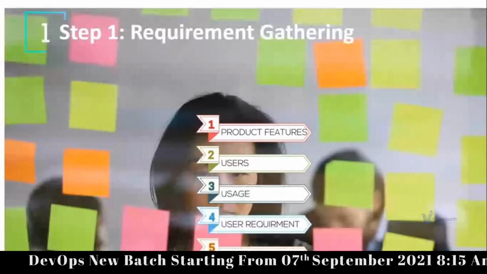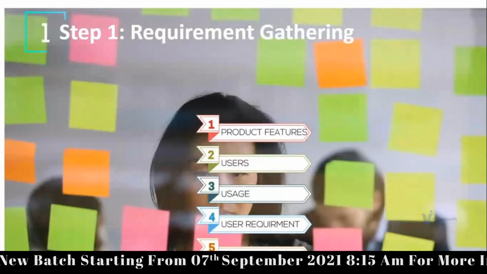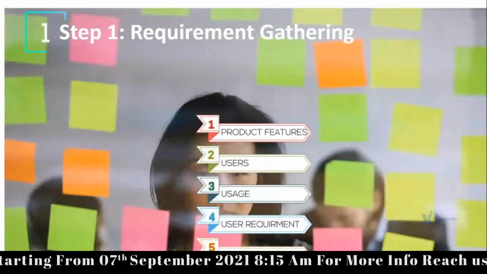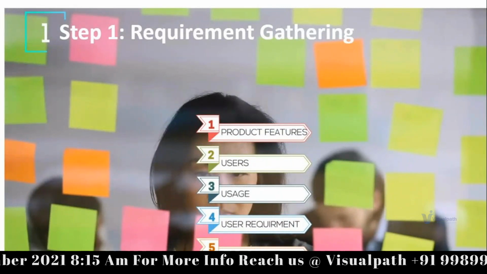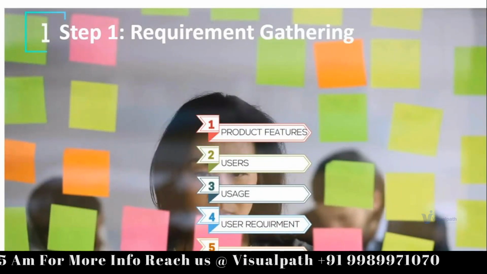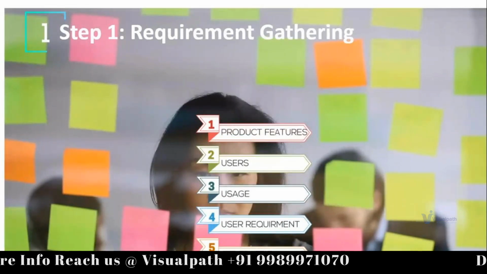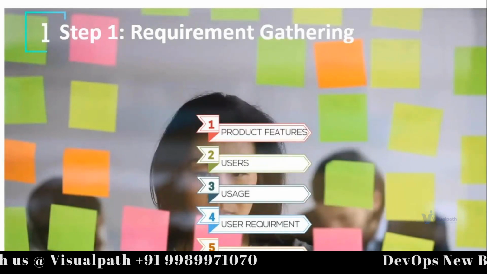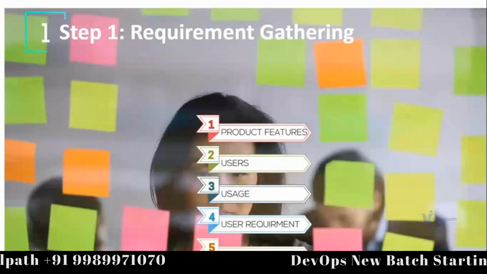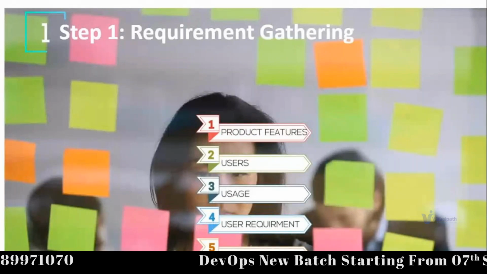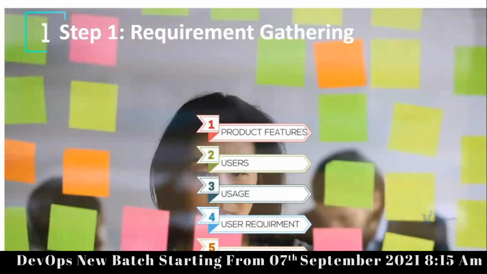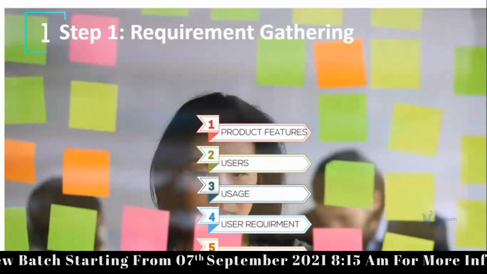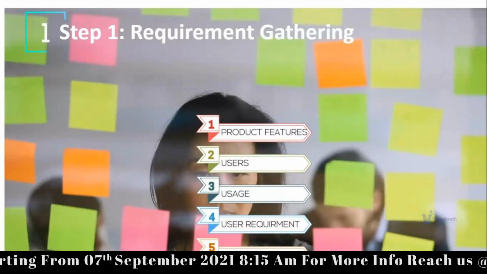In this, the first step is requirement gathering. Emma is giving the requirement, so business analysts, people who are specific to that job role, will gather as much requirement from Emma as they can. What are the user requirements, what will be the product features, what will be required to run or develop the product. They'll create the list of requirements, and they'll have proper tools where they'll record all this information.